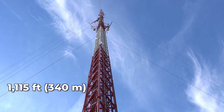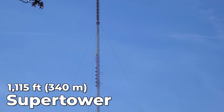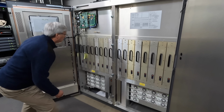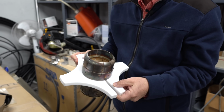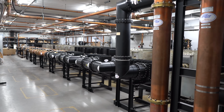So we're back at the 1,100-foot Supertower in St. Louis, and you guys had a lot of questions last time. For instance, this is a megawatt tower, but what does that actually mean? There's a lot of comments about ERP and things like that, so we're going to get to all those questions and explore this tower in a bit more detail and talk about some of the cool things that we missed